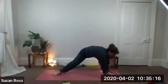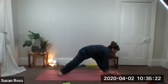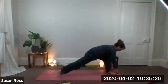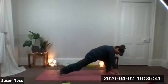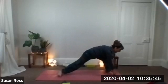Now, lift your back toes up, okay? And you're going to swivel on your front foot as well. So you're coming into a lunge here, resting on your back toes. Okay. So you're facing the front of the mat, coming into a high lunge because you don't have your knees rested. And then drop that back heel,